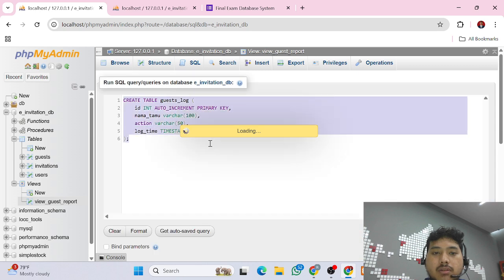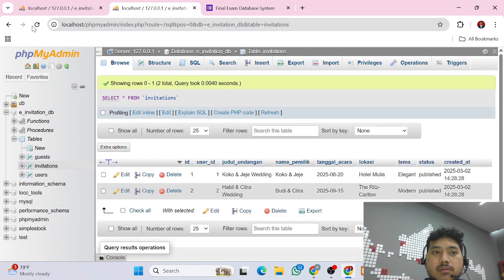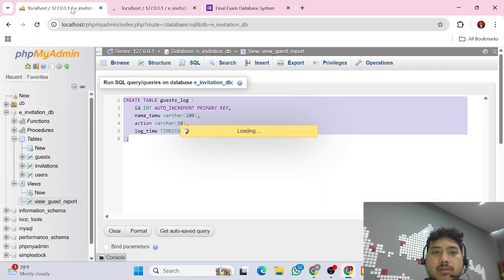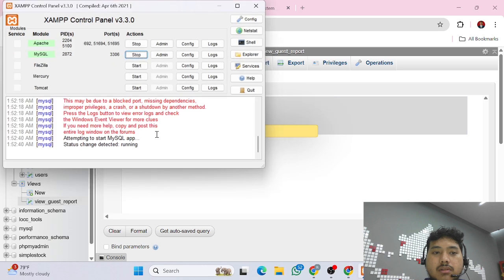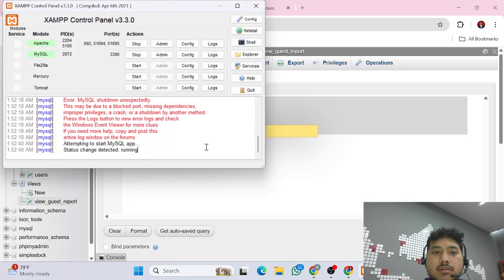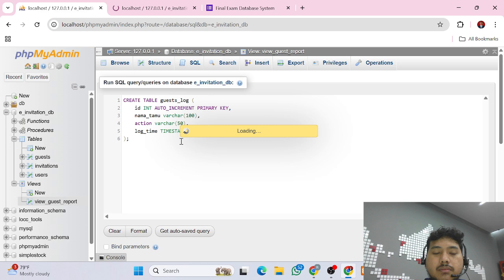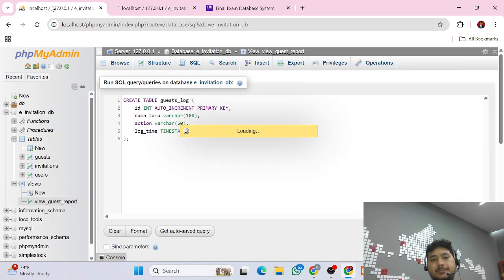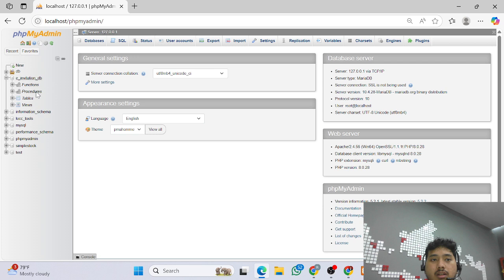Okay, I think I will copy my code first because I don't want to have something bad. Okay, come on. Okay, I think I will use Microsoft Edge instead because it's lagging.